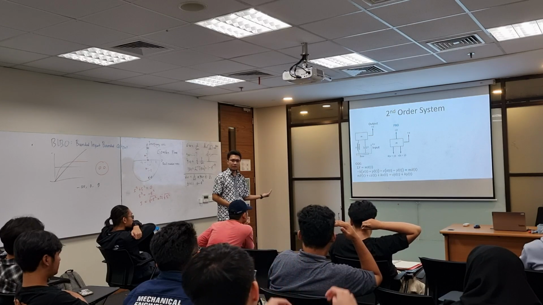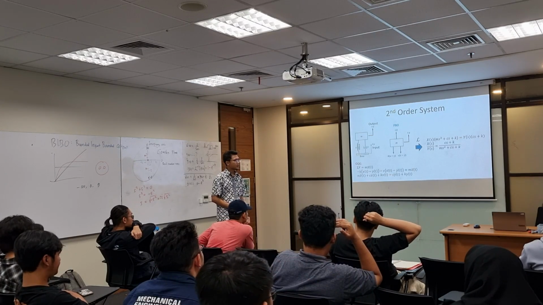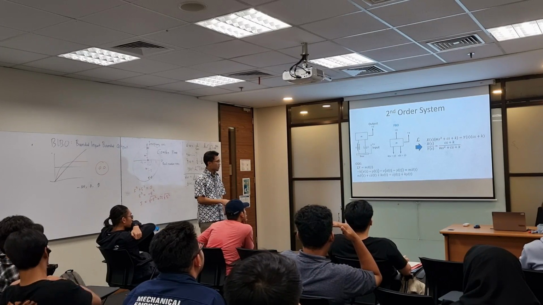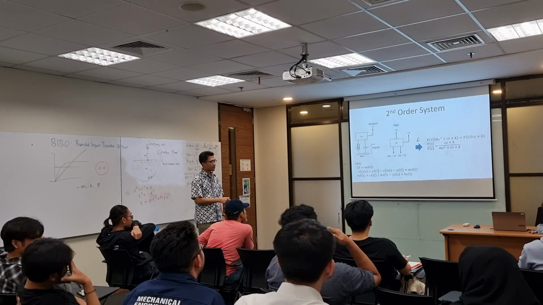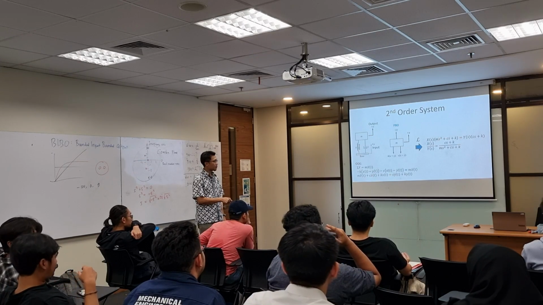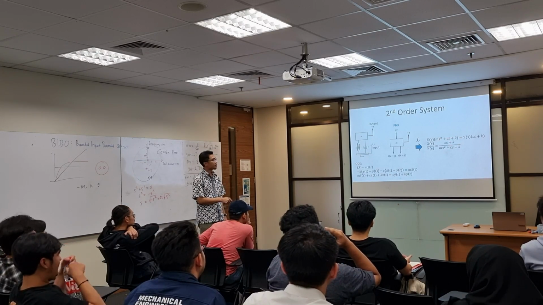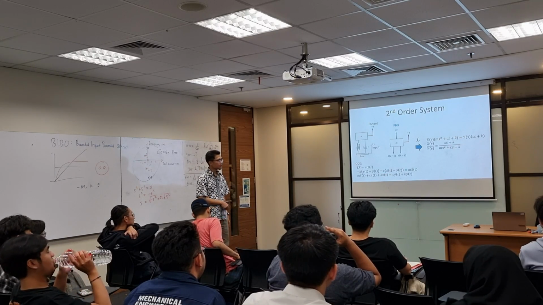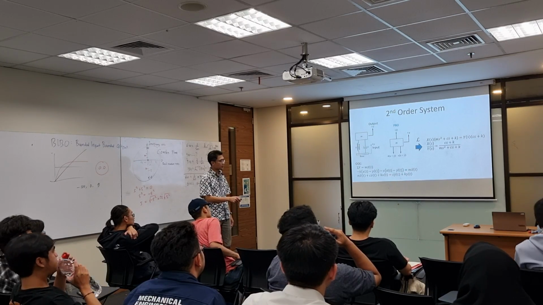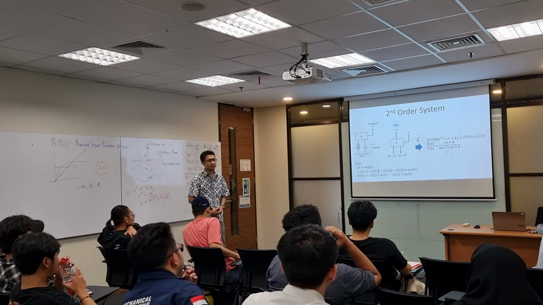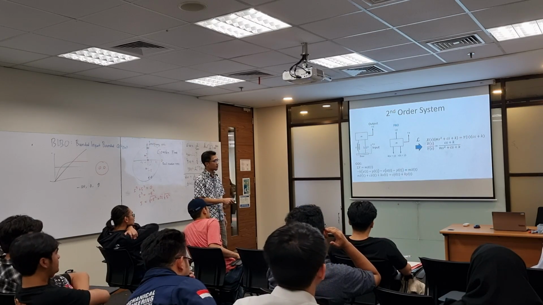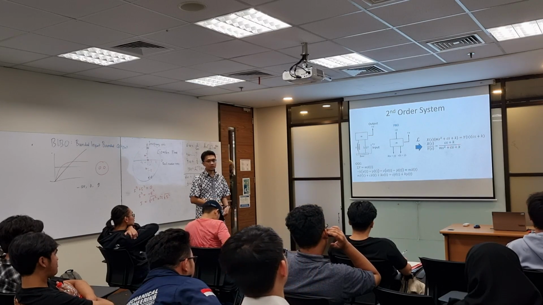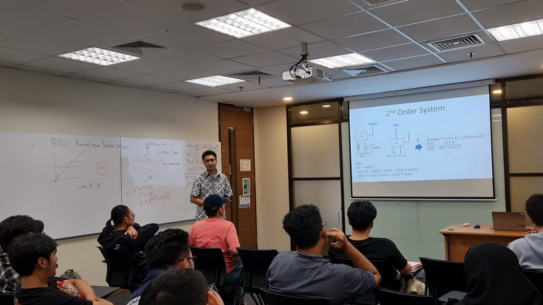What happens if we convert to Laplace? For x double dot, we have the s square term. For x dot, we have the s term. For x, there is no s. Meanwhile here, it just becomes cs plus k. Rearrange the equation. Input is y, output is x. So that is our transfer function.